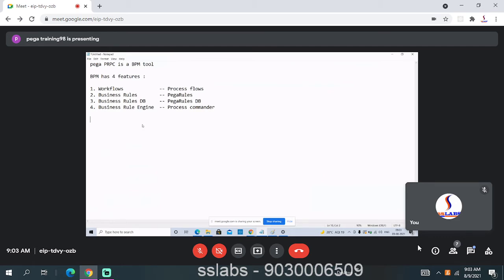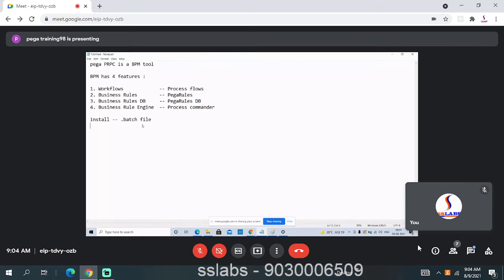Once you extract all the files, there will be a file with the word install. It's a .bat file, and you need to double click on it and your installation will start. You just click next, next, next, and next. On the last screen, once you click next, start, your installation will start. It will take around 15 to 20 minutes to complete.